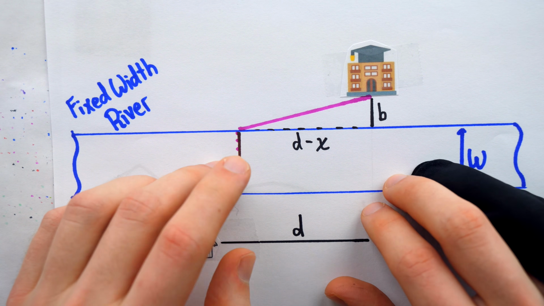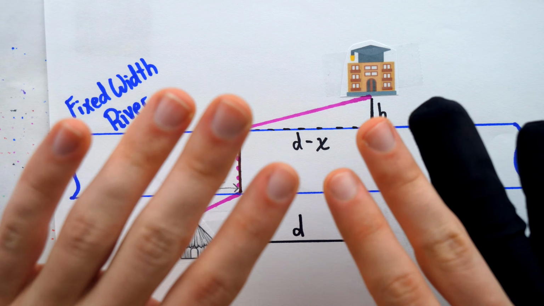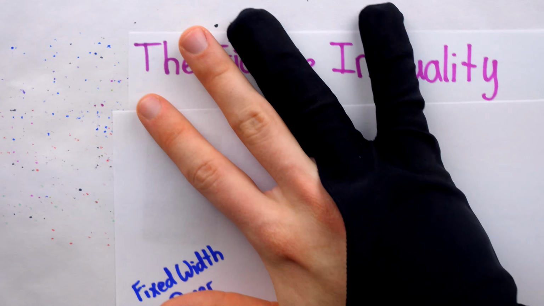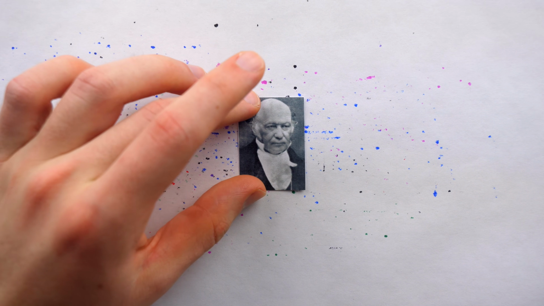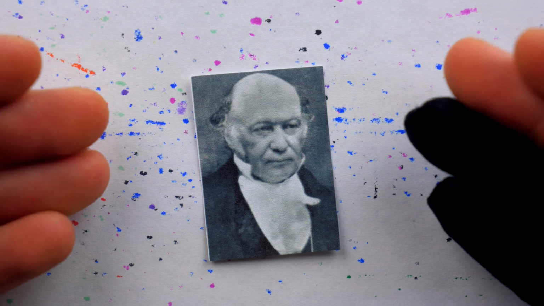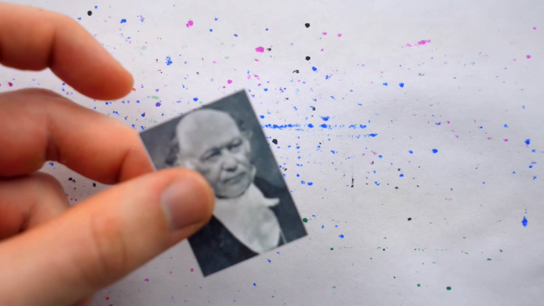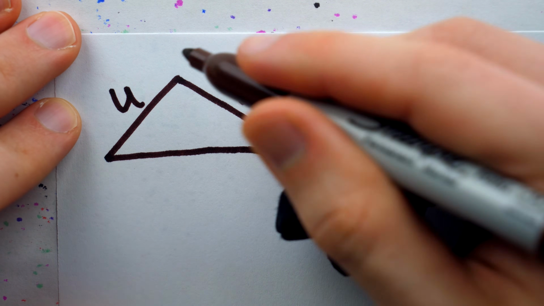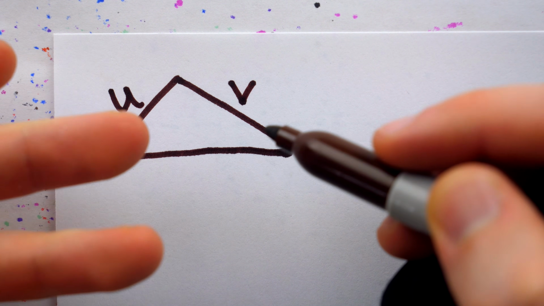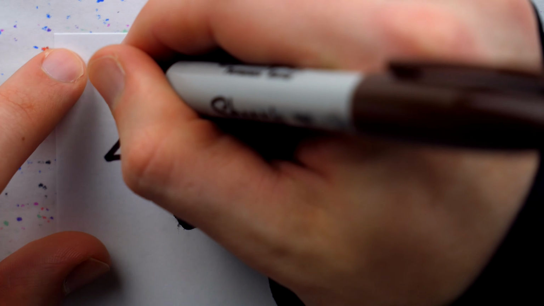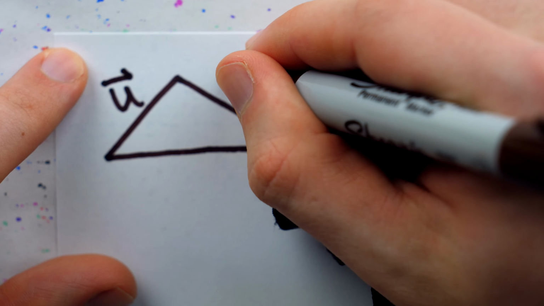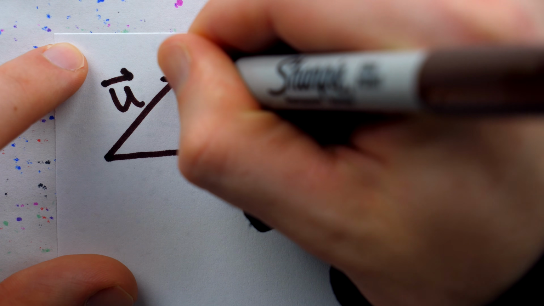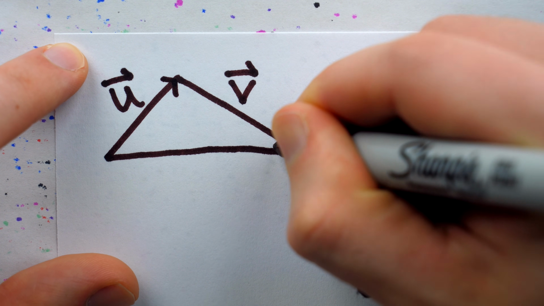To describe how it can be done, it'll be useful for us to introduce some vector notation. Of course, vectors as we understand them didn't come about until the 1840s with William Hamilton's quaternions, but we're going to use them only for notational expedience. And if you've never seen it before, it's really quite snappy. Here's a triangle with two of its sides, u and v. All sides of the triangle have a length and a direction, so we can regard them as vectors, and vectors get to wear these cool hats. We also draw an arrowhead on the sides to indicate their direction.